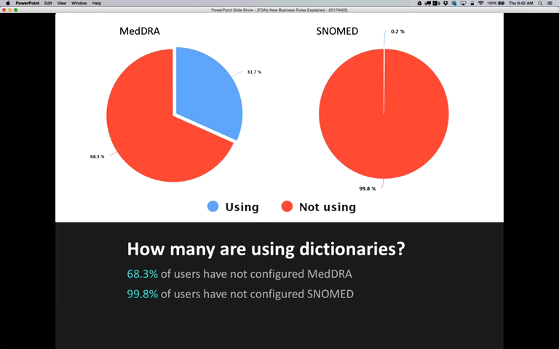Now, we looked at another component of this. You might be using the latest version, 2.2, but there are a number of configuration steps. You have to set up your own MedDRA, and you have to set up your own SNOMED, because these are licensed dictionaries. We're not able to provide them to you automatically. So we looked at the number of users that actually have these configured. And what we found out is that